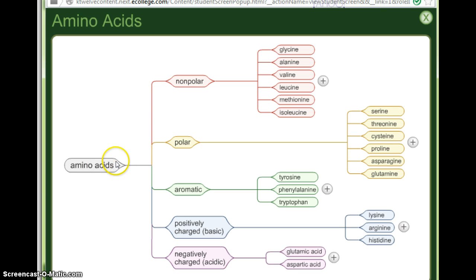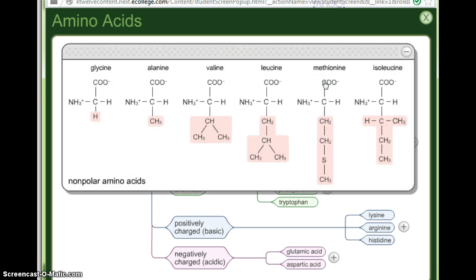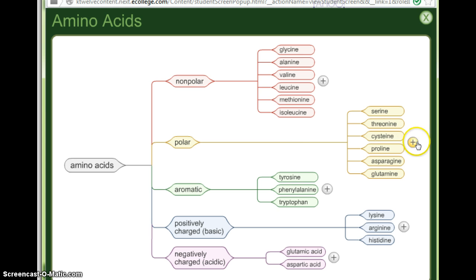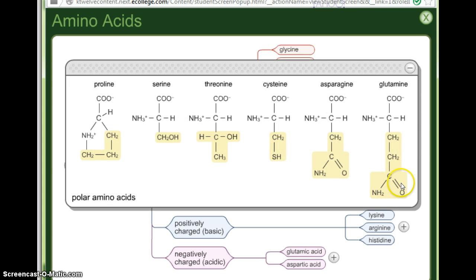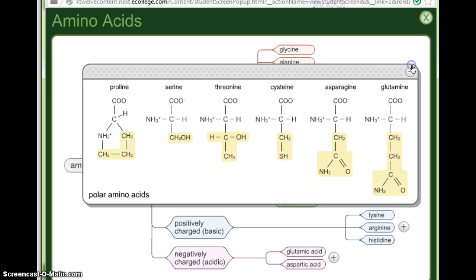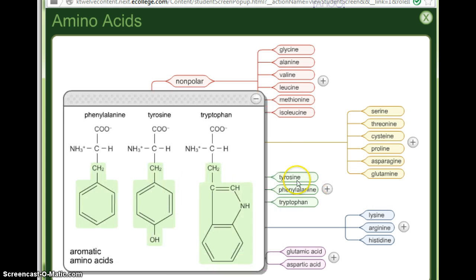So, amino acids. This just shows you how there's 5 different groups of them, and then you can see them here. So you can see the nonpolar amino acids, they basically have what for their chains? They basically have carbons. If we look at the polar group, now you can see that C double bonded O on some of them. You can see the OH. If you look at the aromatics, now remember aromatic, they're going to have that ring of carbon that has double bonds and single bonds in it,